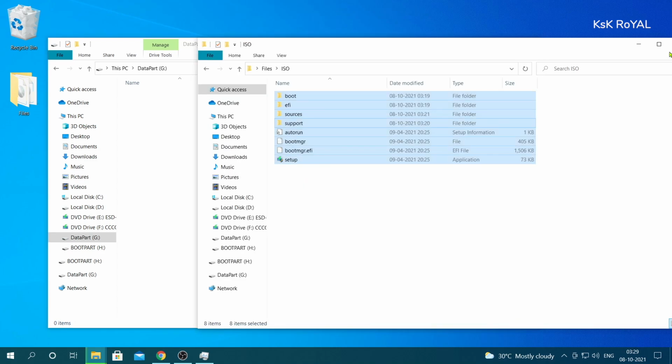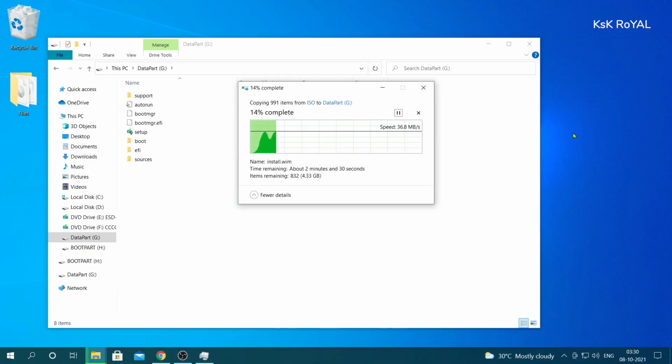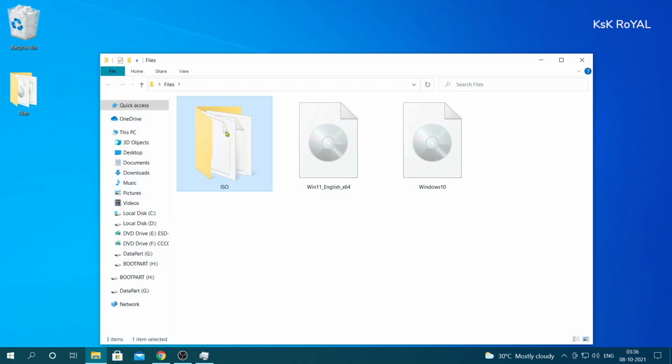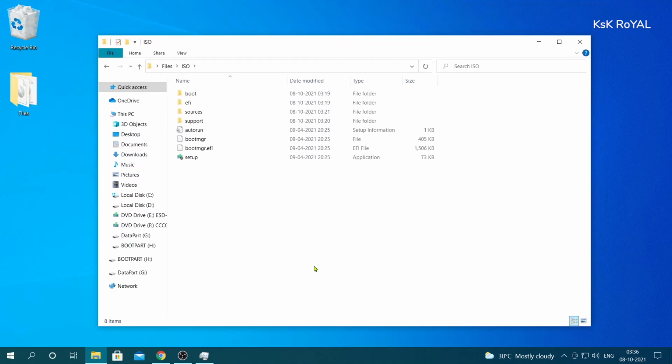We are manually creating a Windows 11 bootable media, which helps us install Windows 11 on any unsupported PC or laptop. Rufus may not help anymore on older PCs, and that's why we need to do a little bit of work to install Windows 11 on an older PC with unsupported hardware. Now that's it, we are done creating a bootable Windows 11 USB. Now it's time to prove it to you guys by installing Windows 11 on unsupported hardware.